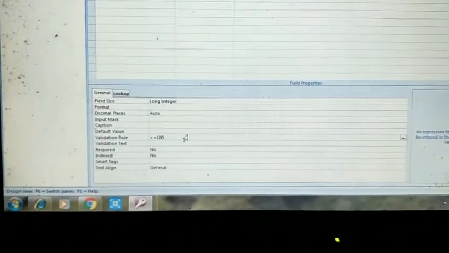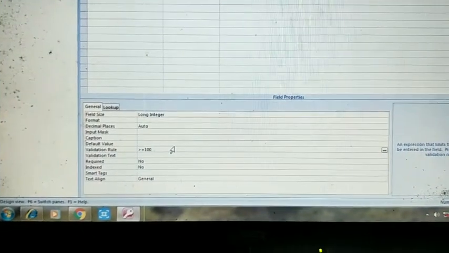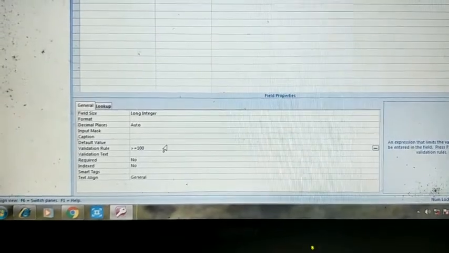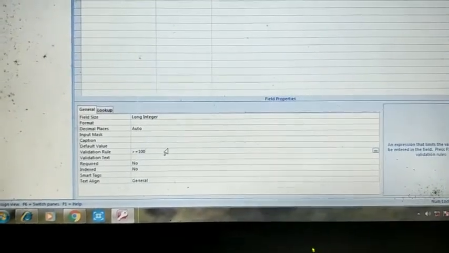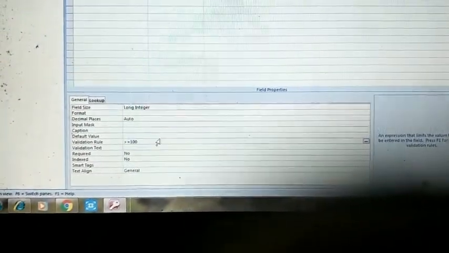It means in this field you cannot enter more than 100 marks. 100 will be accepted, below 100 will be accepted, but more than 100 cannot be accepted. That is the wrong symbol. You will use that symbol.